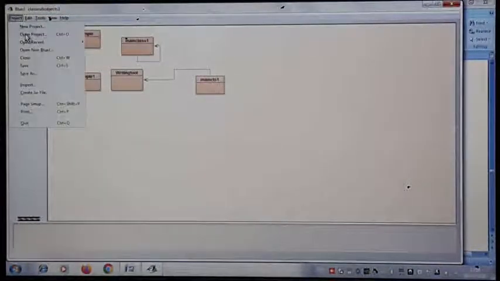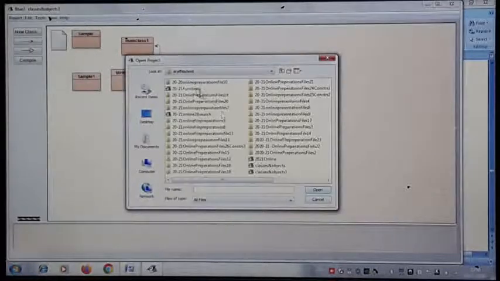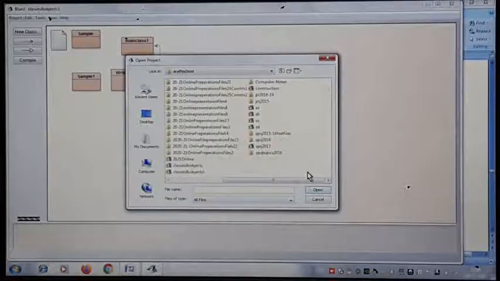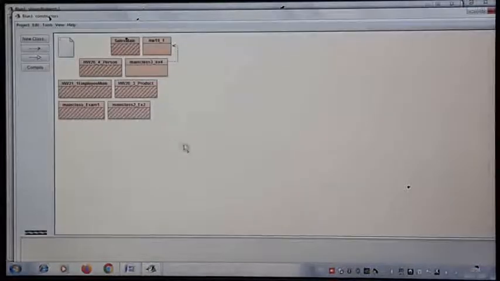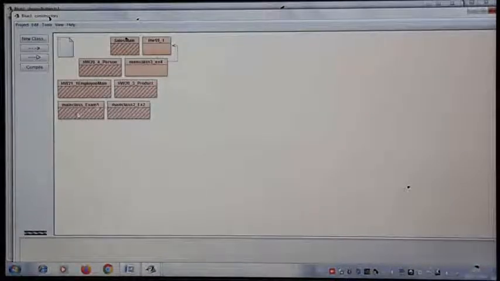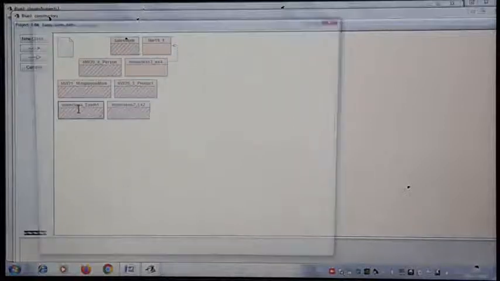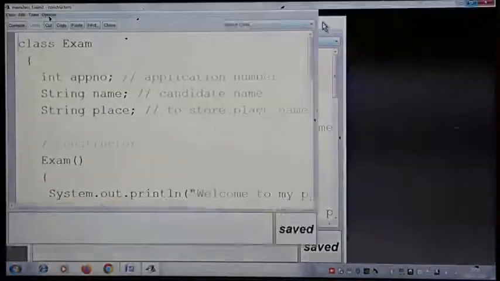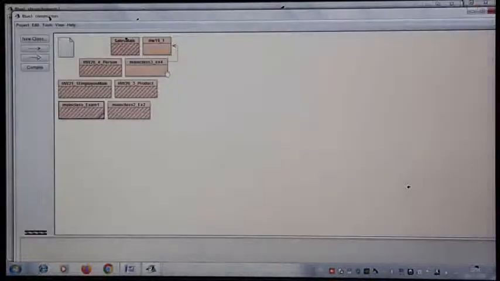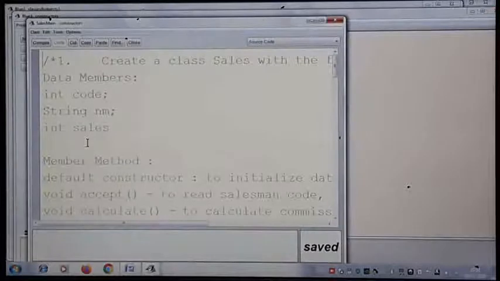So we start with the constructor topic, where I have created a separate folder for that. So we are going to start with that constructors, and in that I told you I kept the solutions ready also. So let us see the program now. So first one is the application number, okay, salesman. This is the main one that we are going to discuss now.